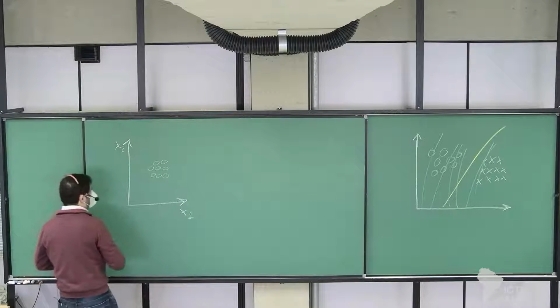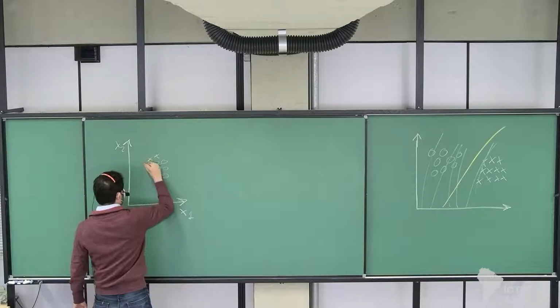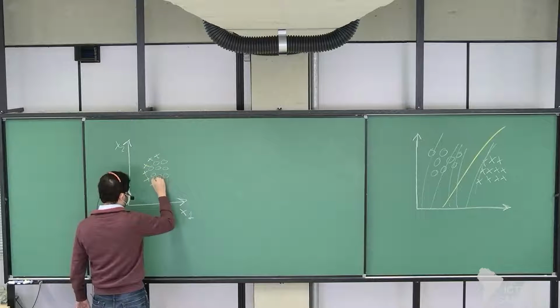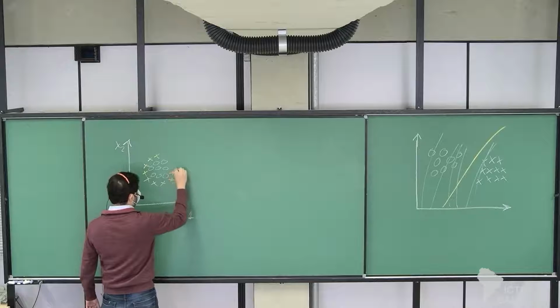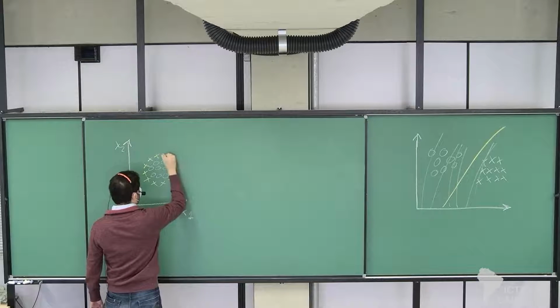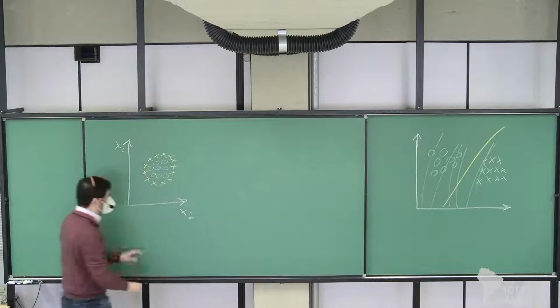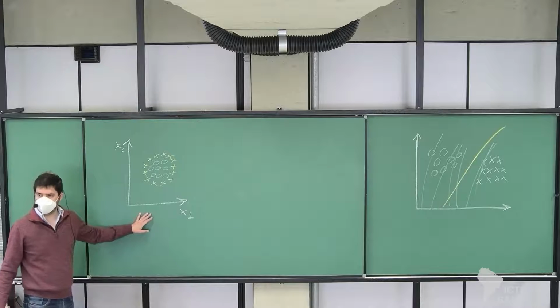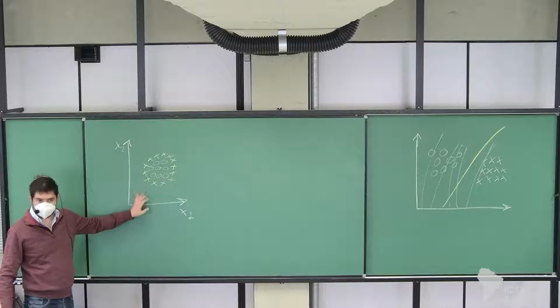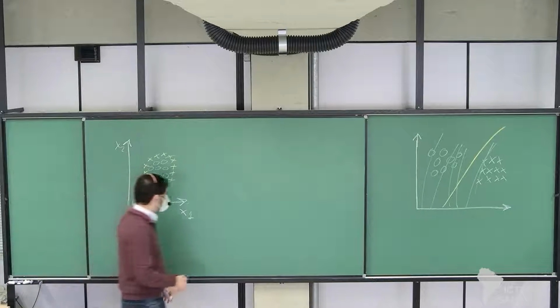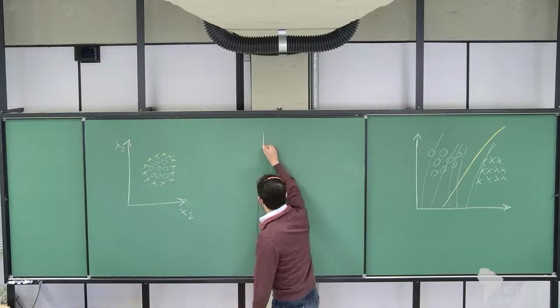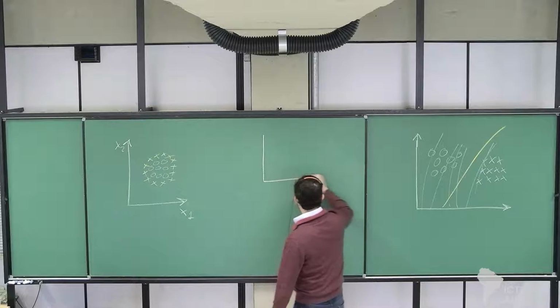And let's say we have another data which is like this. Just an illustrative example. So it is impossible to draw a straight line here to separate these instances. But what you can do is